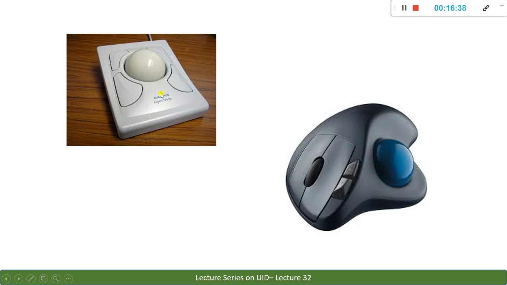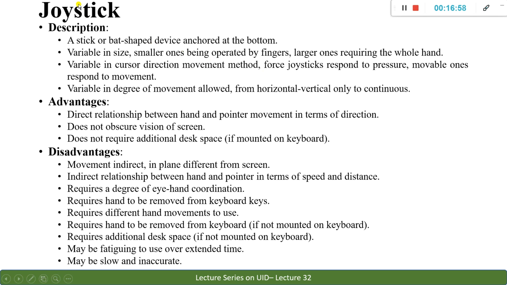Okay, so when you consider these, both kinds are trackballs only. This is the newest one that we have, and this is the older one in the picture. We have certain improvements in this also. Okay, so this is how a trackball is. Let us go to the next device, and the next device is called a joystick. I suppose many people are very familiar with the joystick because joysticks are used for video games, right? So what is a joystick?